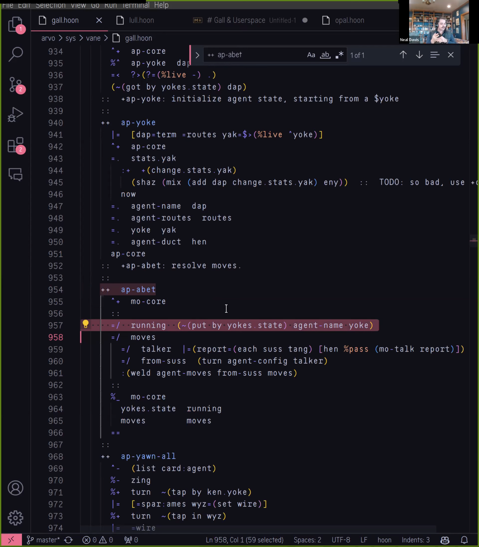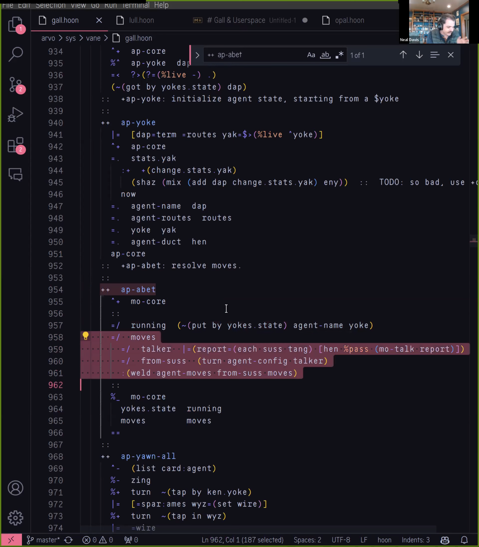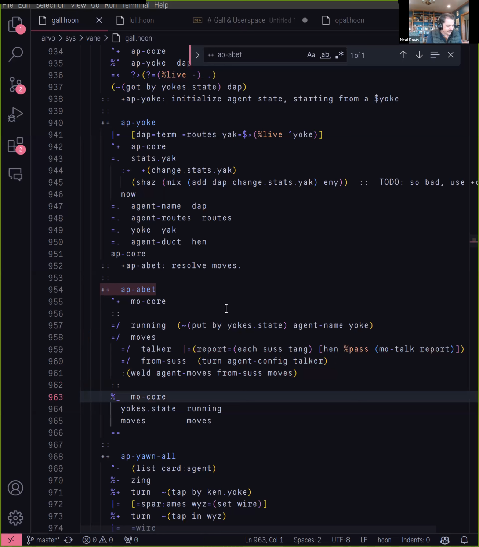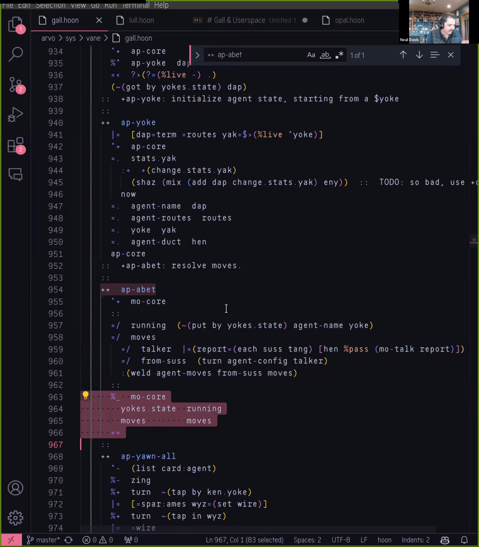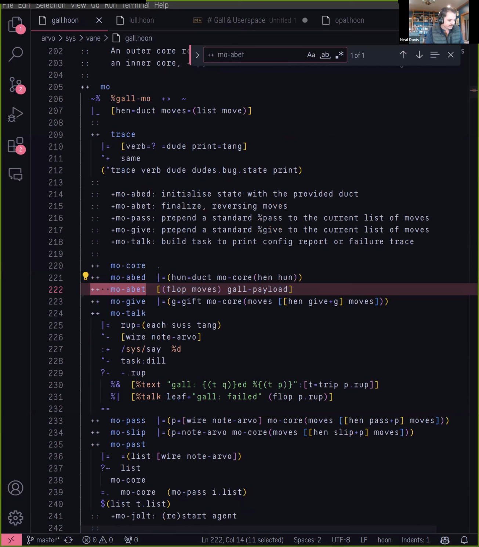So you made these changes in this copy of AP that has a local yoke. So now we have to put this back into our global state, like our Gall state. Now this is how Gall updates its state. And then we have to dispatch along our duct, our hen duct, all of the passes that we have coming out of this. And then we explicitly update Mo, which is our move, with our current states and the moves that need to go out. Then we have to go back out to Moabet